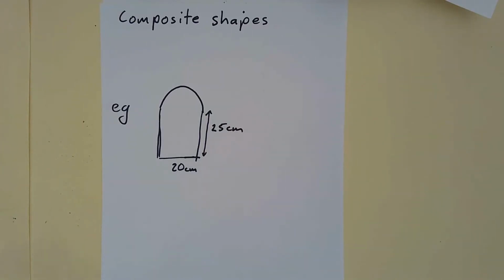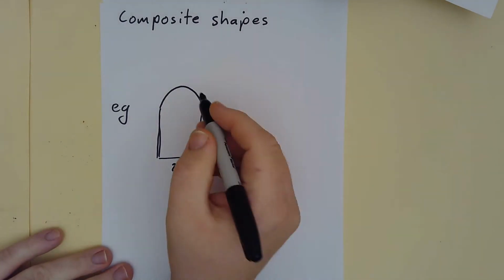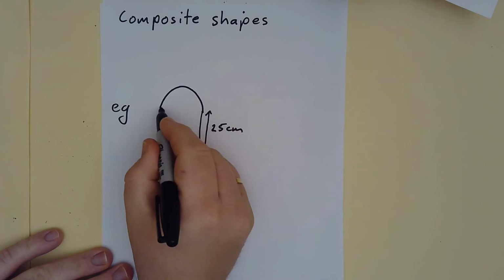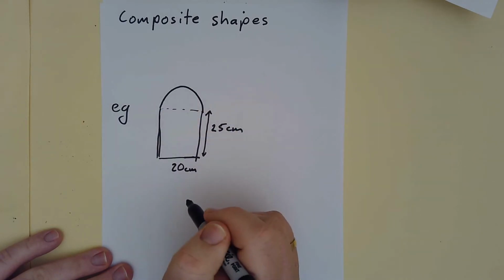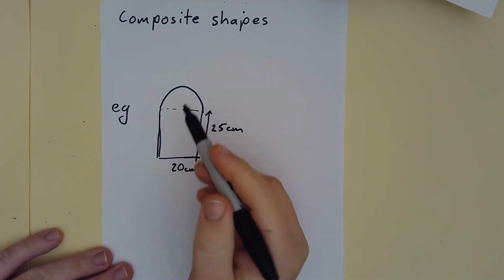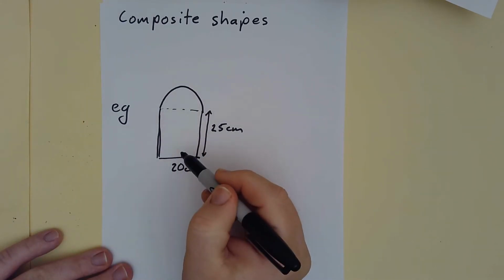Today we're going to start looking at composite shapes. Now, a composite shape is a shape made up of several different other shapes, and we can break it back up to find the area. So here I have a rectangle at the bottom, and if I cut it across here, you can see I've got a half circle at the top. So what we're going to do is work out the area of each of these